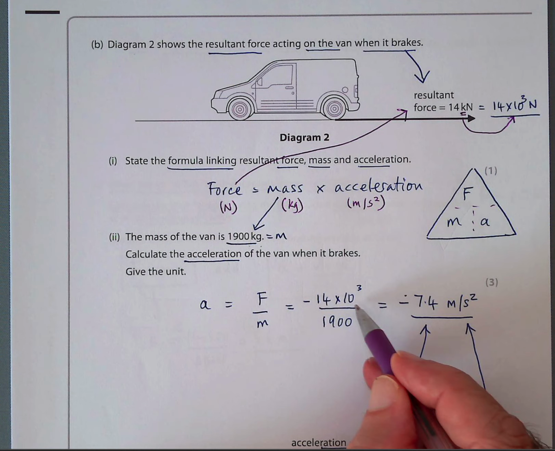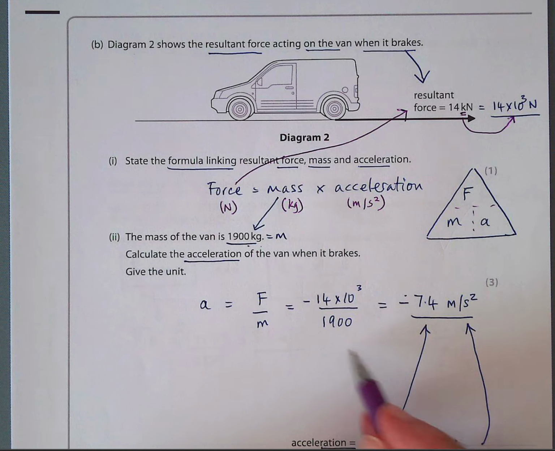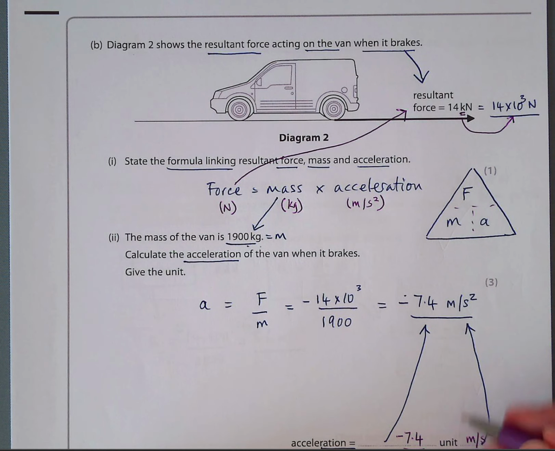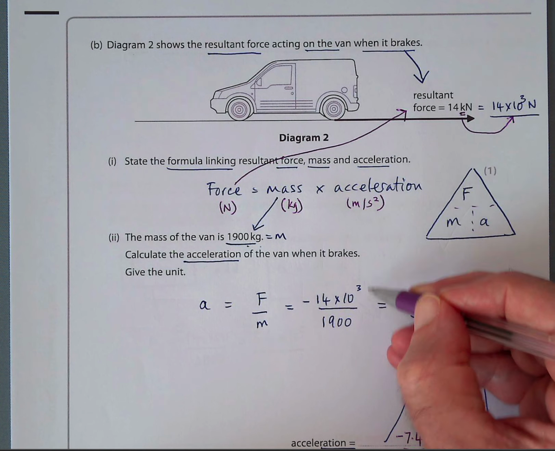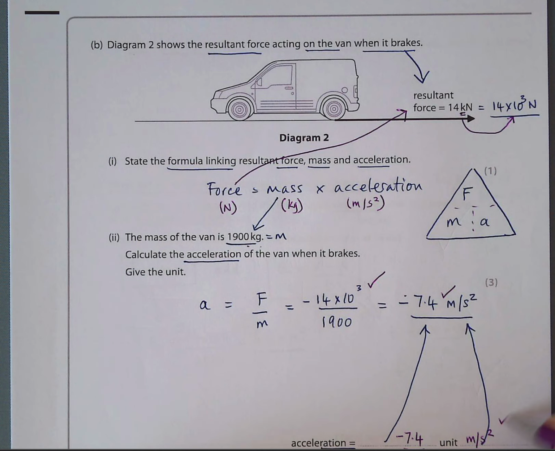So it's 14,000 newtons divided by the mass, 1900, and you'll get a negative acceleration, which should go in here. So you should put minus 7.4, and the units meters per second squared. Okay, so you'll get one mark for putting the numbers in, one for the answer, and one for the unit. Because this time they haven't given you the unit. Then it says